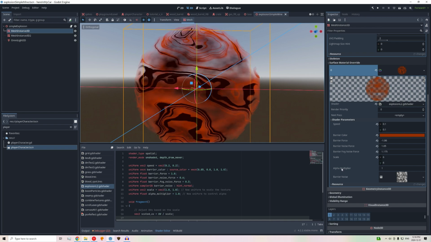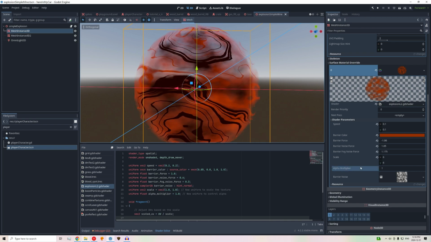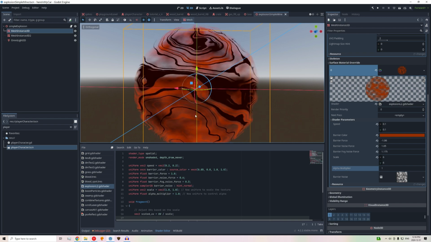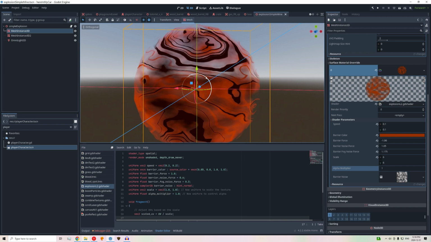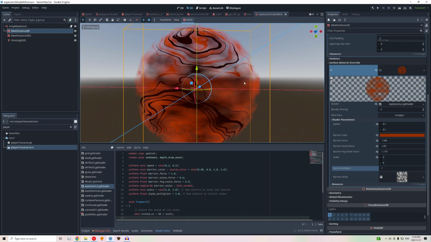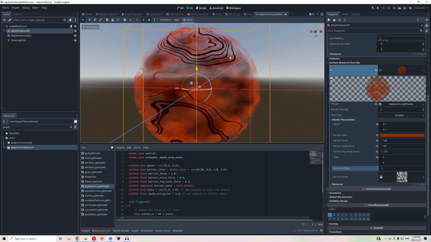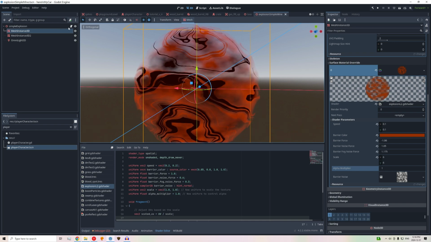And the only important thing is here on the right. You can see I have this alpha multiplier, so I can fade them out. And I do have a red one and a black one. I'm going to pick two colors to make an explosion. Got the red for the fire, the black for the smoke. So if we look at the code here,